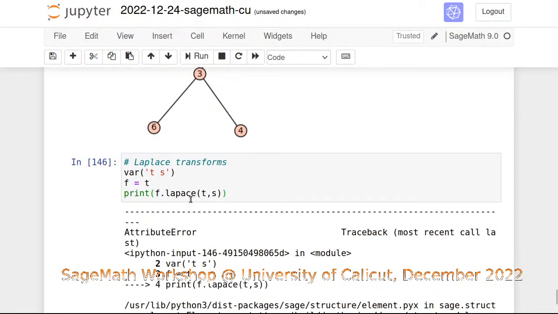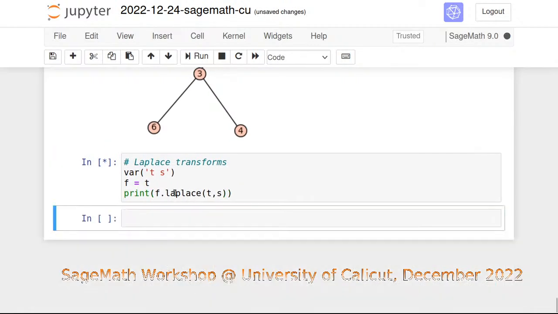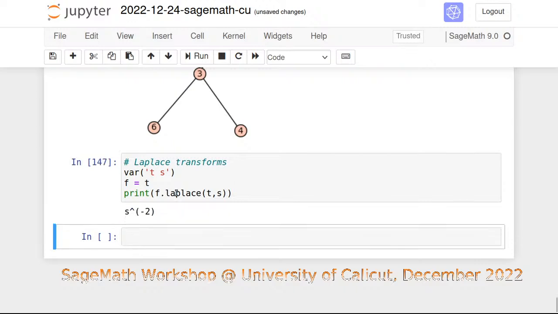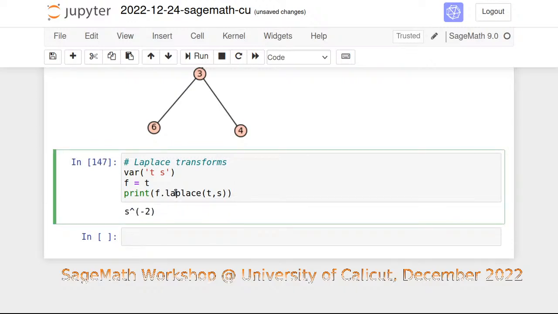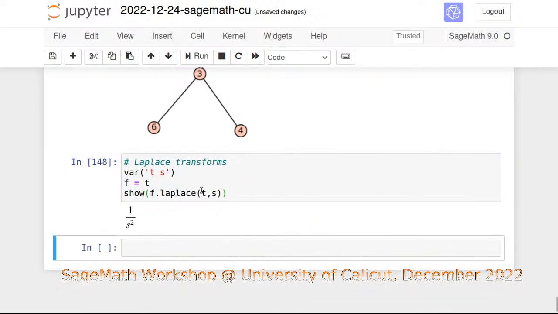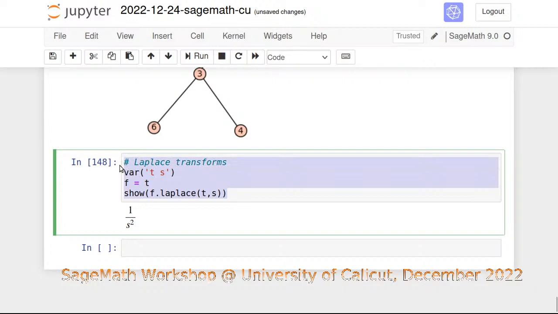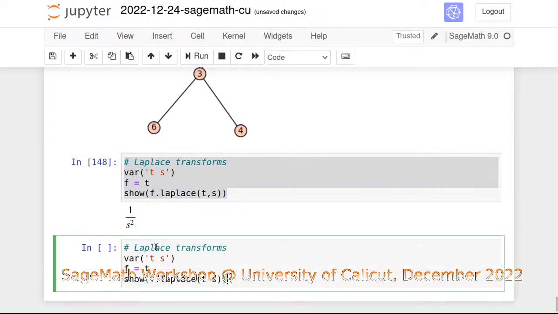Sorry, f is equal to, spelling mistake. It takes some time, probably it's loading the library. So what did I take? Maybe a show is a better option. 1 by s square. Try with t square,